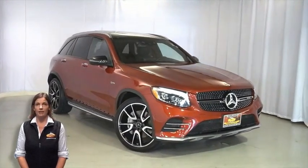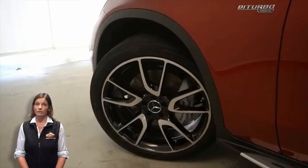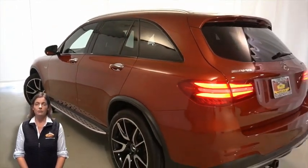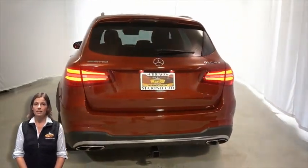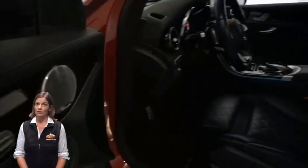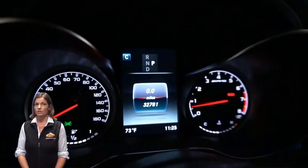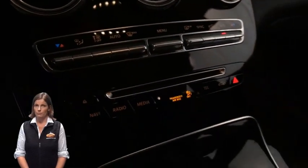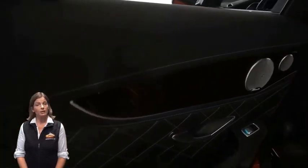With HID headlamps, blind spot monitoring, 21-inch aluminum wheels, power heated mirrors, LED tail lamps, tow package, heated and ventilated front seats, steering wheel mounted audio controls, 32,000 miles on the odometer, 8.4-inch color display, navigation, rear backup camera, dual zone temperature control, sport mode, split folding rear seats, dual pane panoramic sunroof,